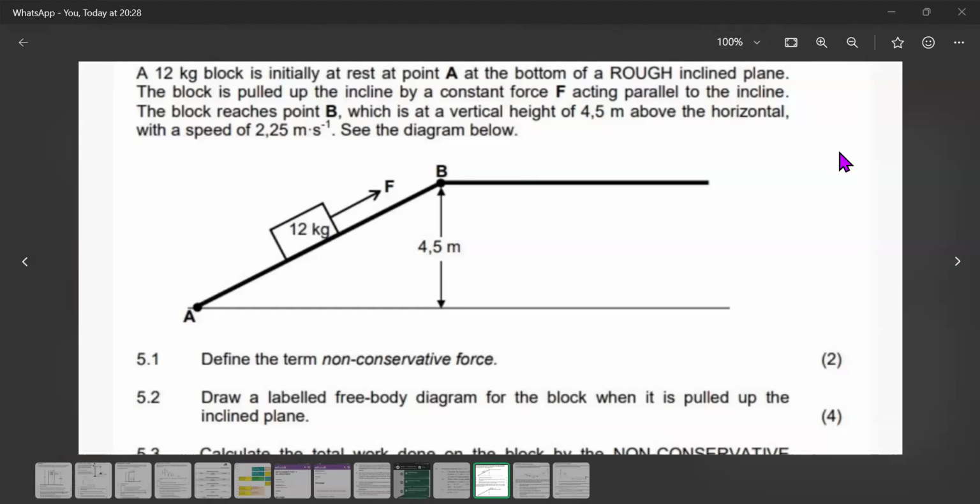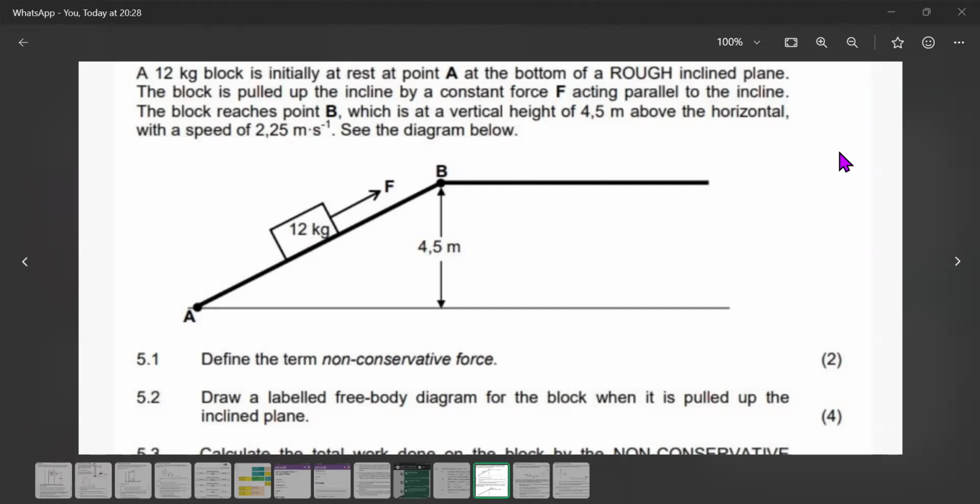The block is pulled up the incline by a constant force F, which is acting parallel to the incline. The block reaches the point B, which is at a vertical height of 4.5 meters